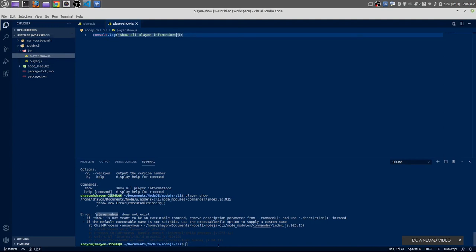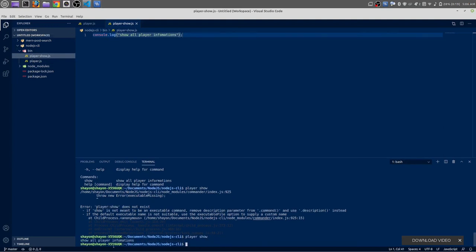Save it once again, run the same command player show. It's saying show all player information. That means